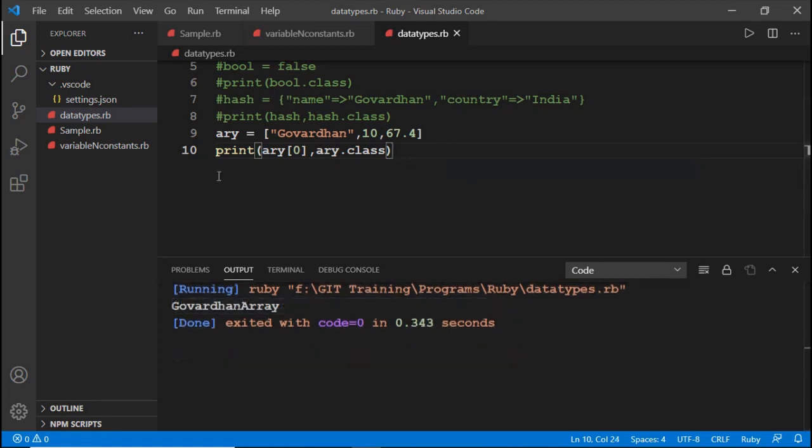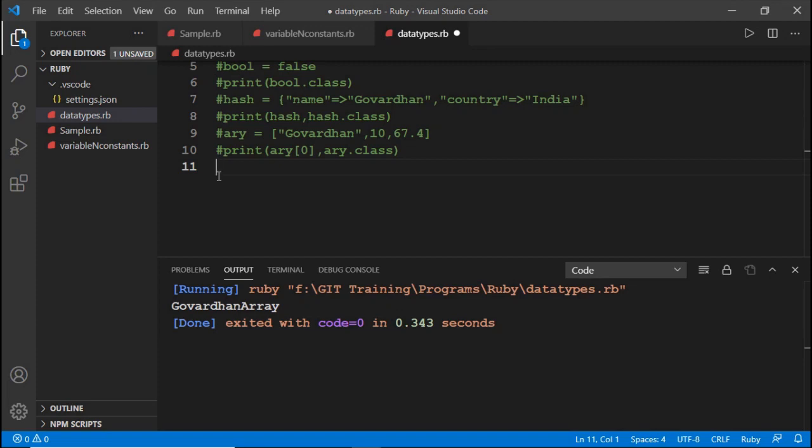The last data type in Ruby is symbols. Here the symbol is not a variable or a value. A symbol is a lightweight string preceded by a colon sign. In Ruby, symbols are used instead of strings because they take much less memory.